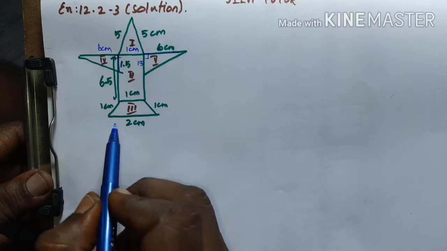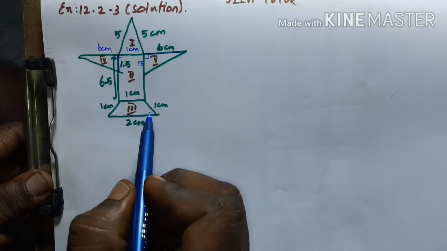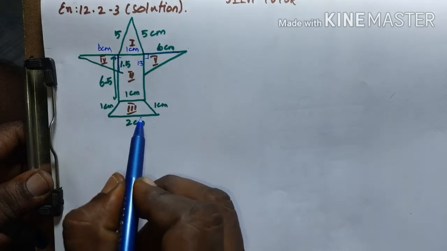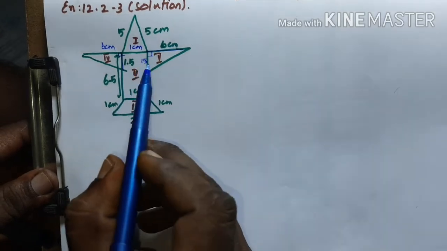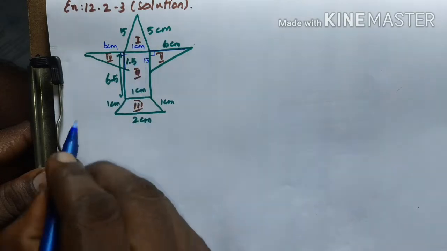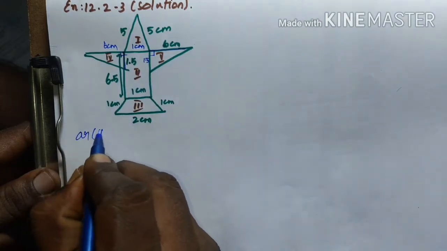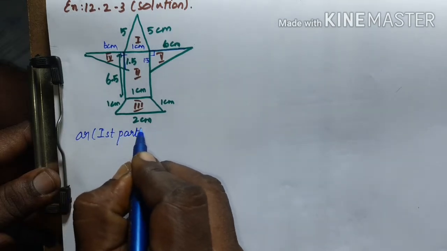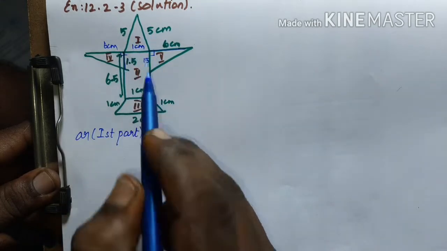And for the fourth shape, they have given the four sides of the trapezium, but we don't know the height here, so we need to find the height of the trapezium first. First, I will explain the concept of how to find the area respectively. The first shape is the first part, in the shape of a triangle, and in that I need to represent the side values.